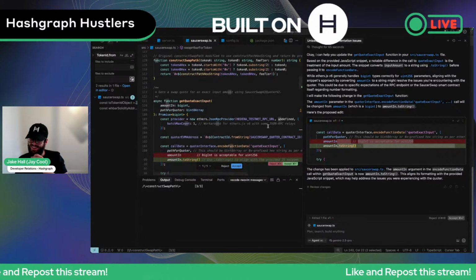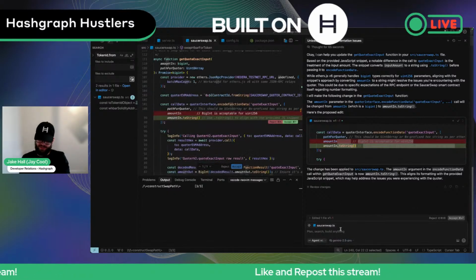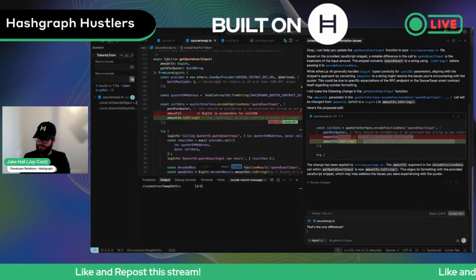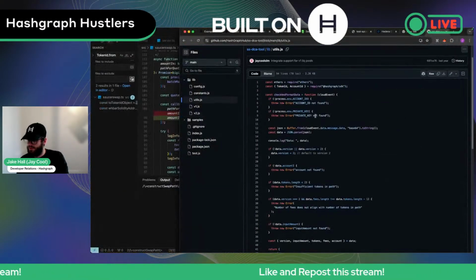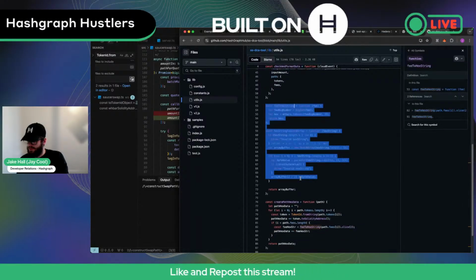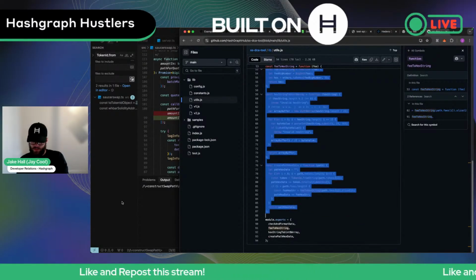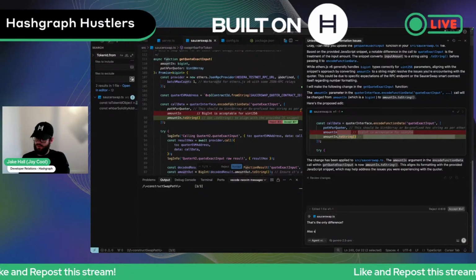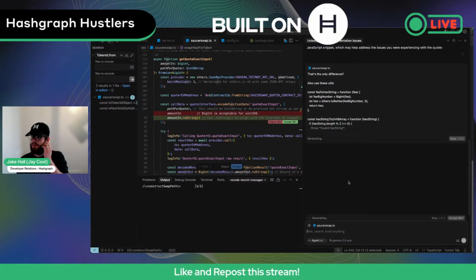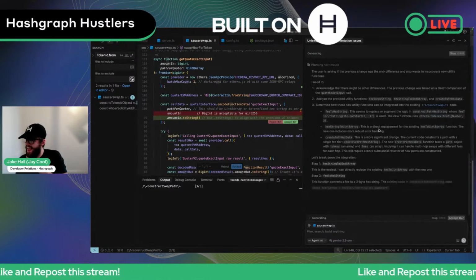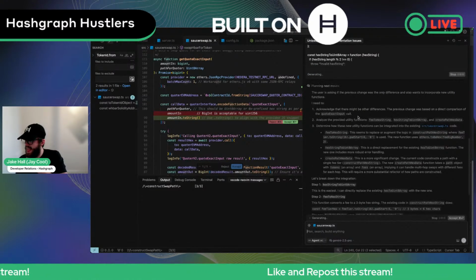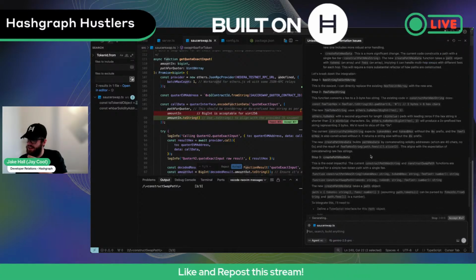What? That's the only difference. I guess there's another utils file. This is quite useful here too. Also use these. Yeah, I mean, because I